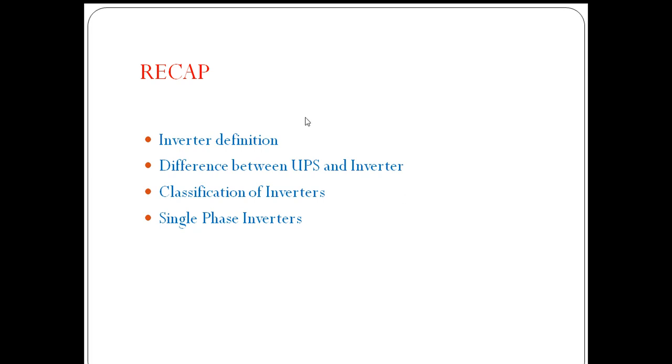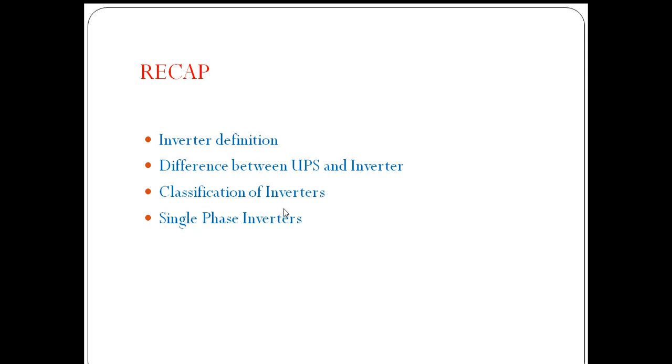Almost these two devices function in the same manner, but UPS has more advantages compared to inverter, mainly in the aspect of switching speed. The switching speed of UPS is very high, around 10 milliseconds, and the switching speed of inverter is around 100 to 200 milliseconds. We generally use UPS whenever the sensitivity of electronic operators is more, and for domestic loads like lights and fans, we go for inverters.